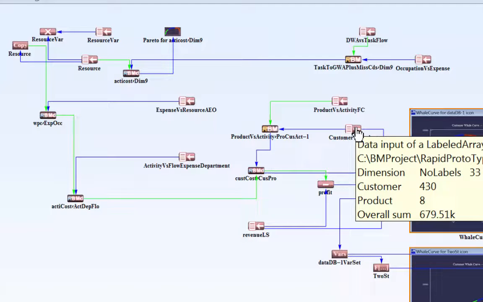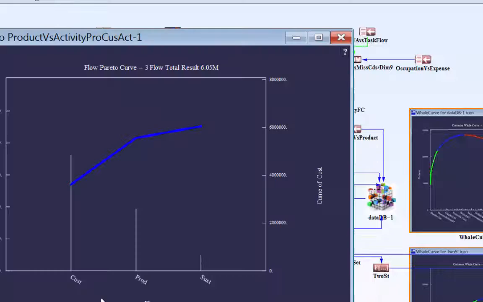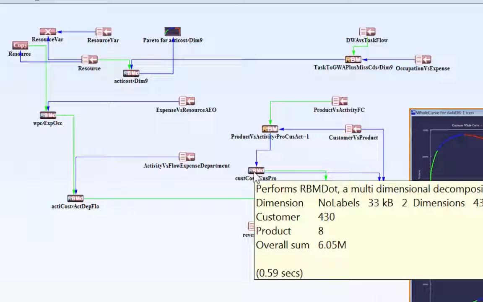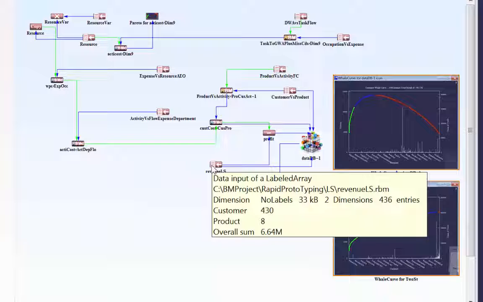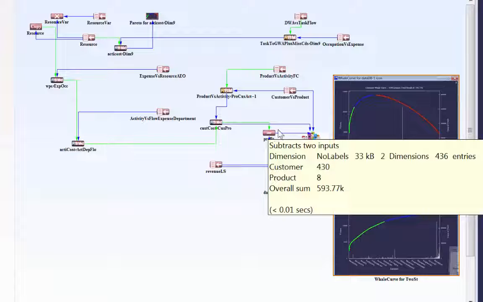Let's have a look at the flow. We take a Pareto of flow and that looks like this for customer, product and sustainability. And from here that goes into the details. So that's not too bad. Alright, so we have this view all together and combine it now with customer and product using the ARBM operator, and the beauty is, we are just left with customer and product as a dimension. Now we have cost. Revenue we made out of those 6.05M was 6.6M, a profit of nearly 600,000.